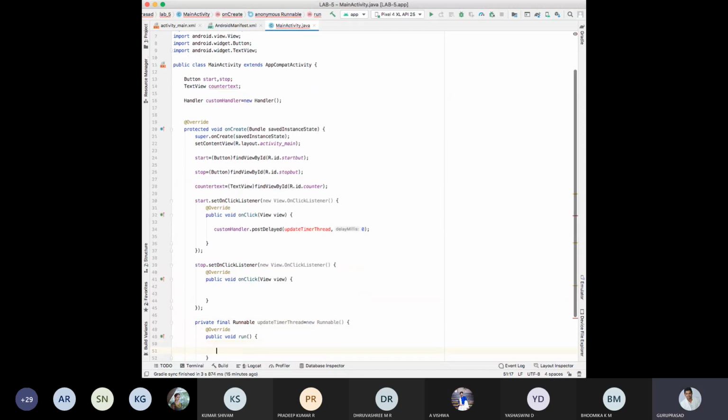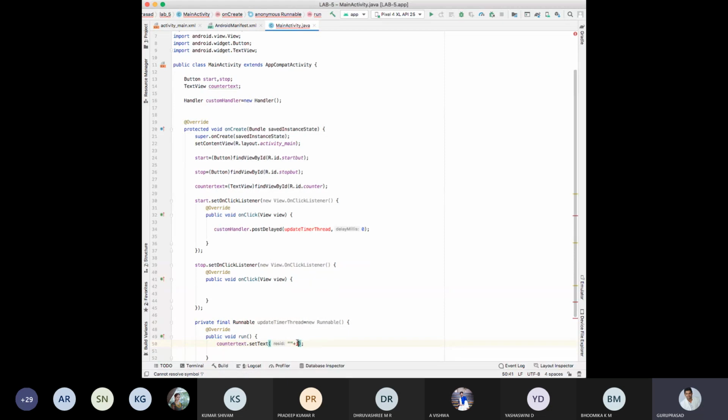When it starts running, you need to set the counter text as what? Set the counter text as plus I. Correct? Plus I. See, it is showing a red mark. Why is it showing a red mark? We need to Alt Enter on that.